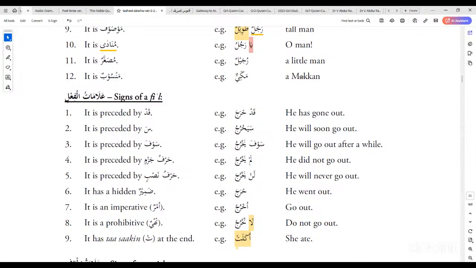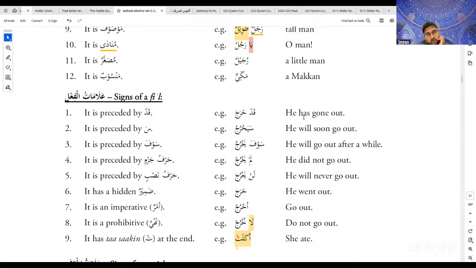Whenever something starts with ta, then it is second person, you. Yes, like we say in Urdu, tu, tum. Exactly. Right. But of course, inshallah, I'll do the verbs later on.